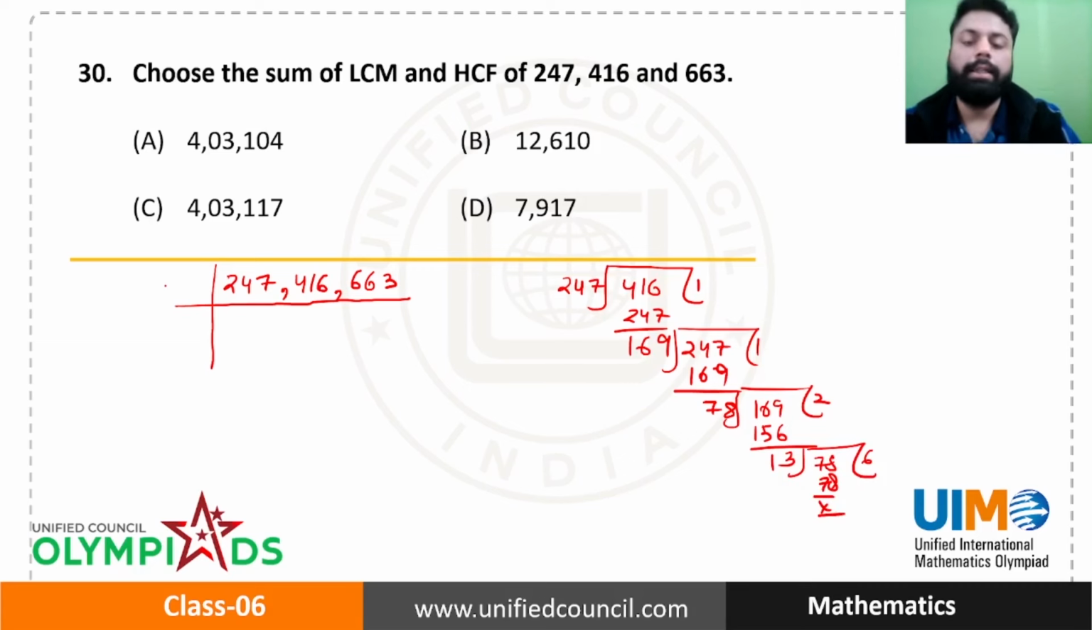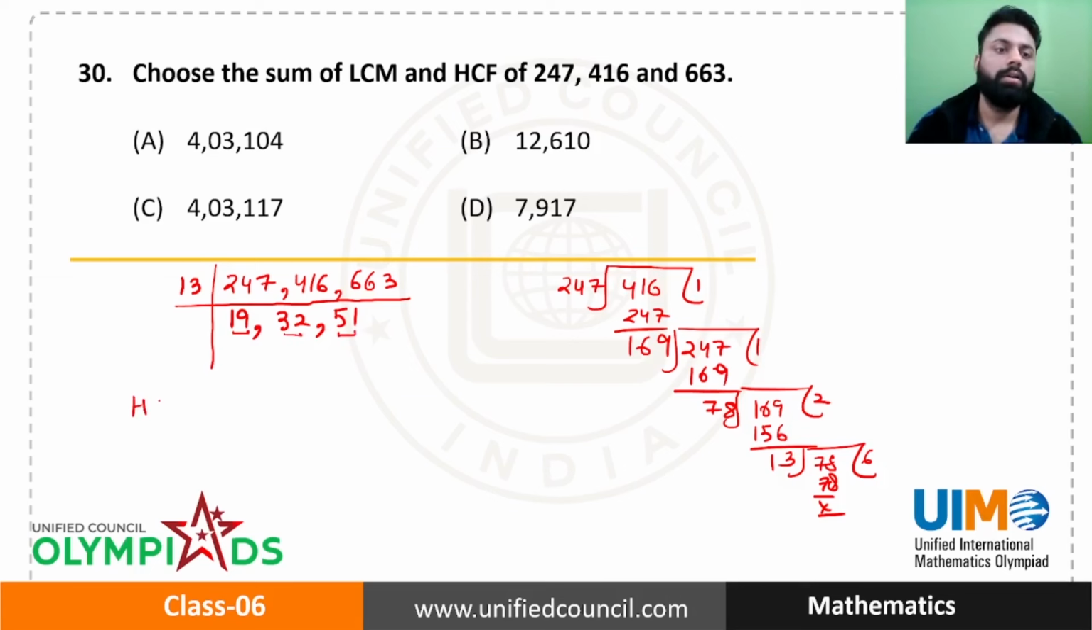So these numbers should be divisible by 13. 247 divided by 13 is 19. 416 divided by 13 is 32. And 663 divided by 13 is 51. Now 19 is a prime number, 32 is an even number, and this is an odd number, so they do not have any number in common. So here the HCF is 13, and the LCM will be 13 multiplied by 19